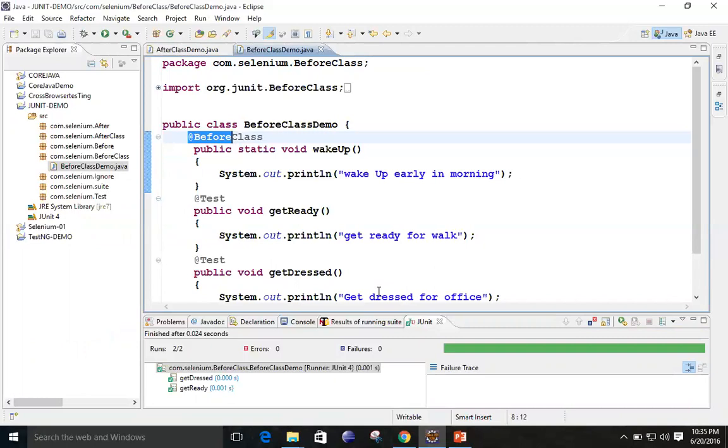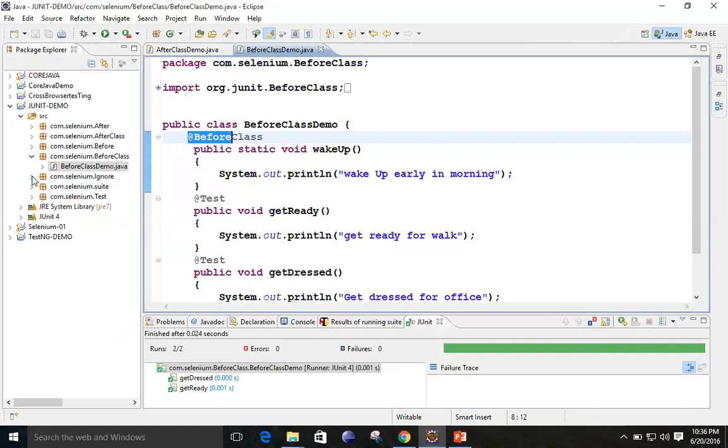The reason is that it will go and execute before the opening or the closing of the class. And if there is no relationship with the class, meaning it is executing before or after the closing, then it should be static.